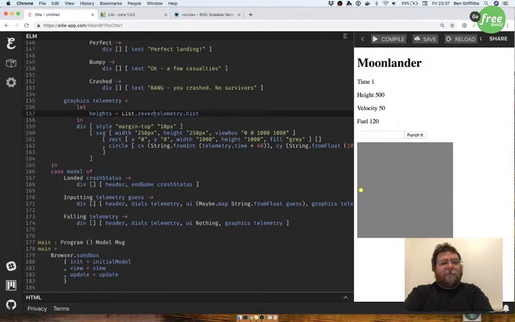This dot reverse telemetry history. So the first one is going to be the first height we're at, the height we're at time 0. So we can